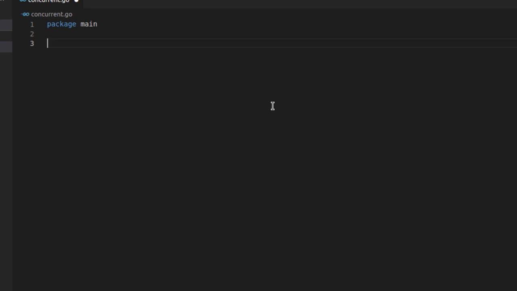Here I have Visual Studio Code, and I will write a very simple program, and then we will convert that program into a concurrent application. So let's write the first function. I will say func main. Let's first write the main function, and this main function will call another function. I will create a separate function, func printSomething,